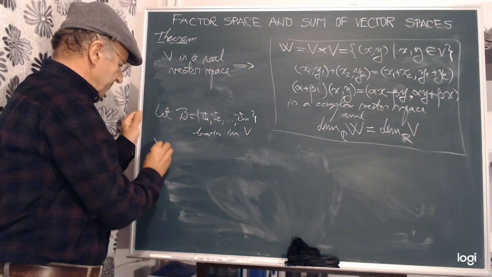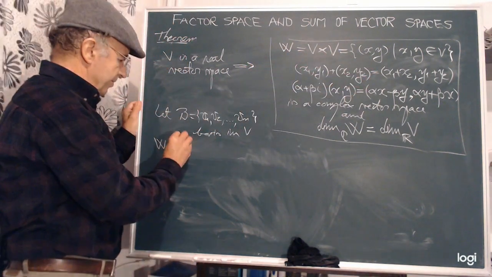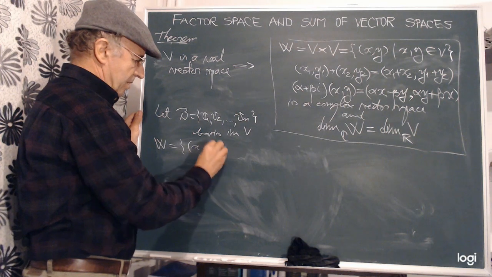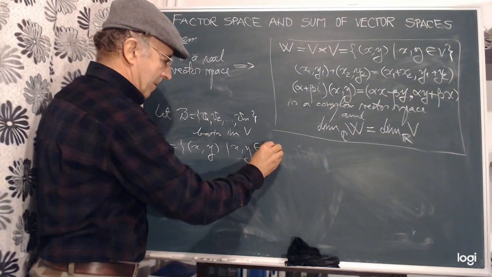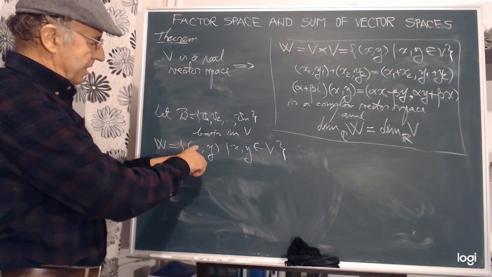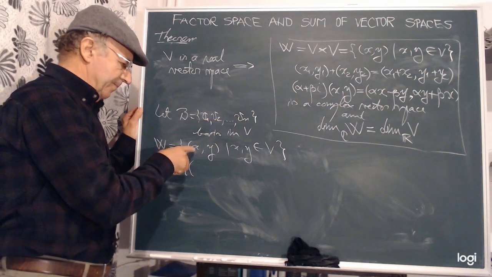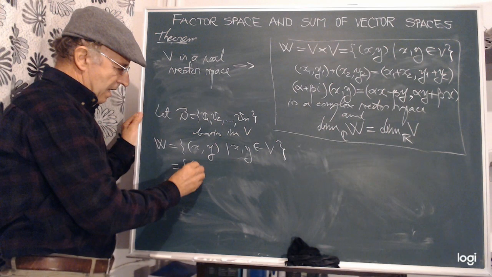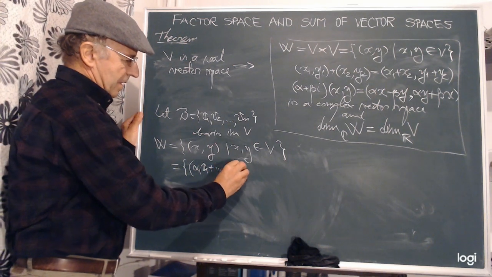Then the space W, which is formed by all of the pairs of vectors (x, y), where x and y are from V, equals... here each x is a vector from V. We write instead of x its expansion in terms of this basis, let it be alpha 1 v1 plus so on plus alpha n vn,